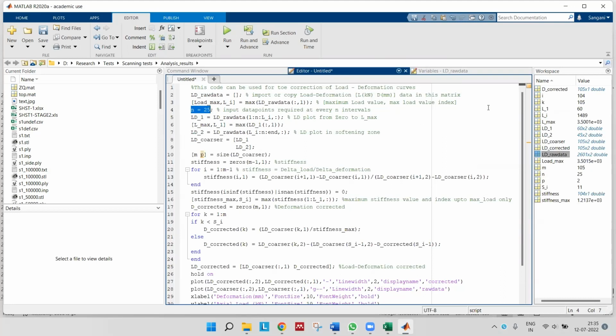The raw data file contains about a 2600 by 2 matrix, which is too heavy and too many in number, so we don't require that many points. So I am defining a parameter n, so that I will pick only each point after 25 intervals. You can customize this